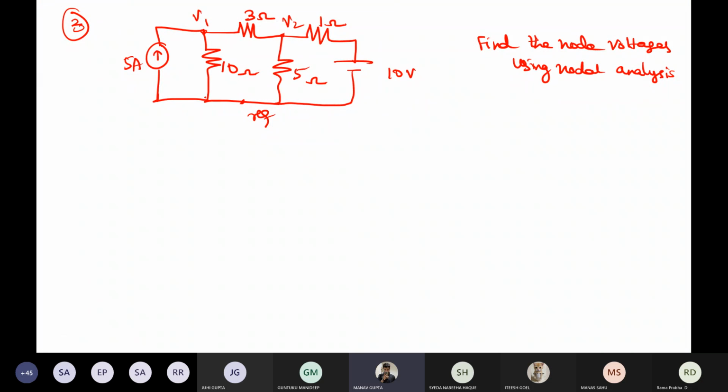Now you say, students, how to write this? In the node 1 equation where there is 5 ampere, do we have to add it or subtract? Wait, I'll give the explanation. See, always I told you, the current leaving from the node, other than the current source. Every time note down my word. Current source, whatever the direction is there, you take as such. If it is entering, you take only entering the node. If it is leaving, you take only leaving the node.